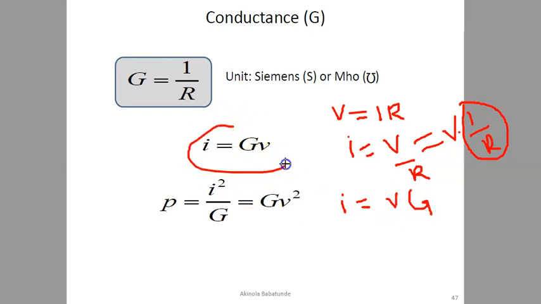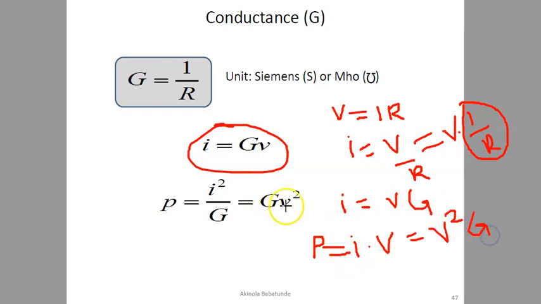That is how we got this expression here. Okay, and then if you follow the previous explanation too, you know that our P could be equal to IV, and could also be equal to other variations of that particular formula. So if P is equal to IV, that means our P can now be written as I multiplied by V. In this case, our I is VG, so this can be equal to V squared multiplied by G, which is exactly